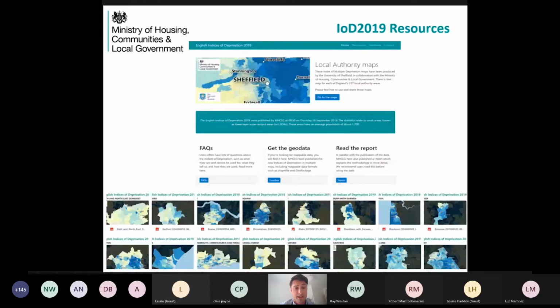And thank you. And then finally, here is just an example of some best practice maps we were able to produce as part of the release. We had some prominent academics who were interested in helping produce best standard maps because they'd seen some terrible ones online which people had produced themselves, which meant that the messages were getting a bit mixed and a bit unclear, and the misuse of data was quite wide. So we're able to produce local authority level maps here, but we also have other aggregations available on the website.